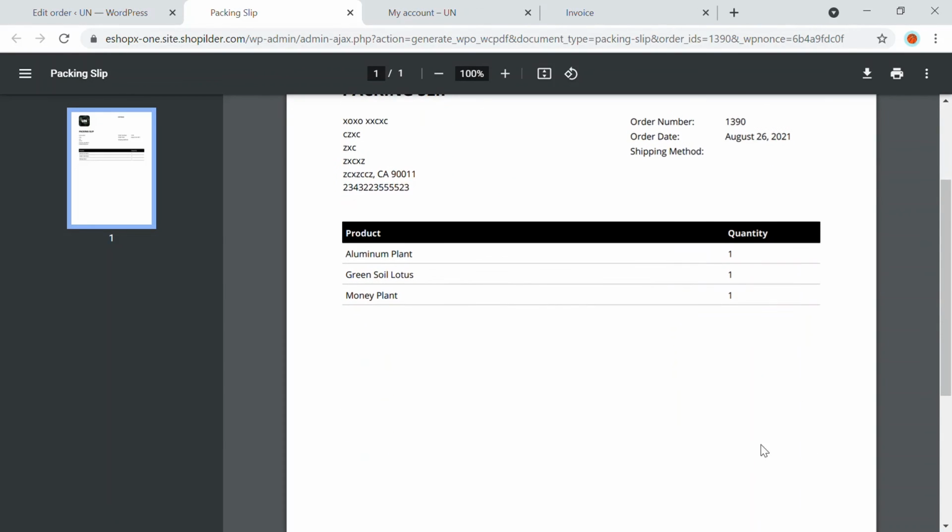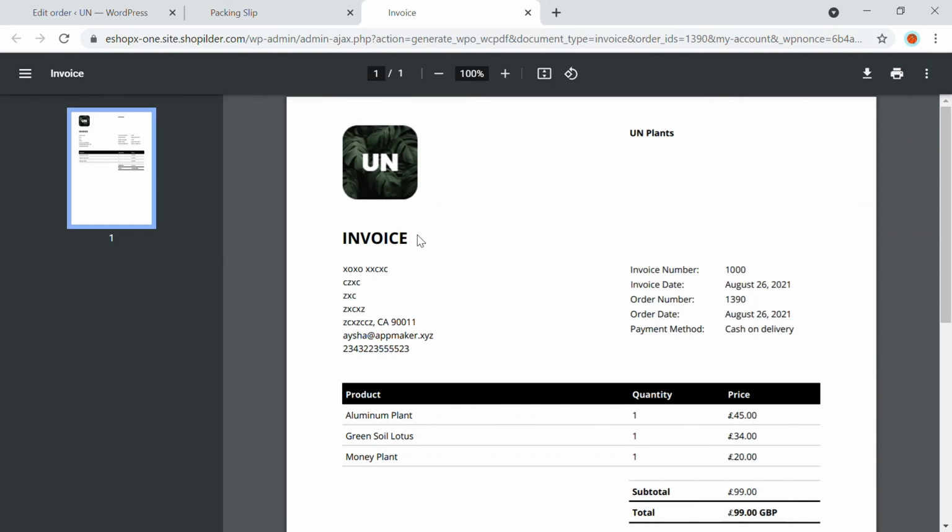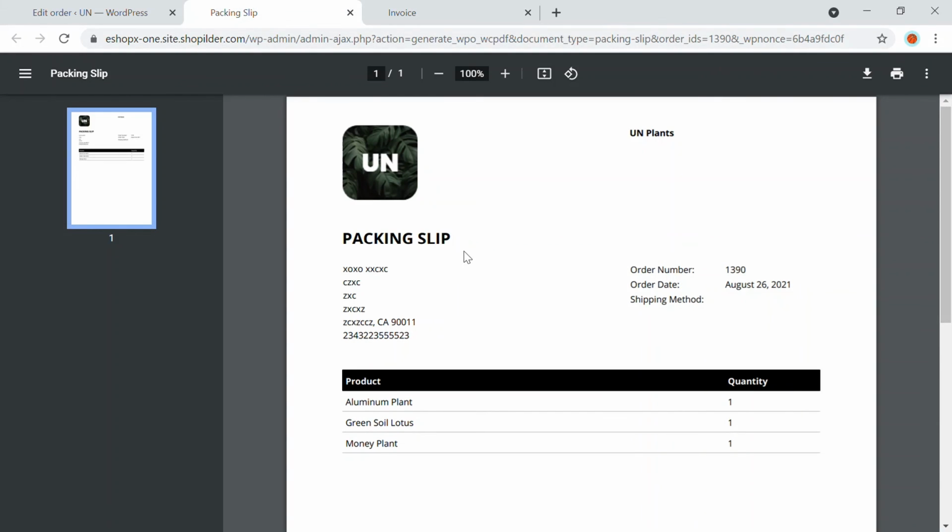Here the price and everything won't be displayed, as this will go on the package that the customer is receiving. The order number will be displayed. We hadn't clicked on the invoice number, so when you click on that, the invoice number will also be displayed. So that's how you can add an invoice for your customers, and also a packing slip for yourself. This is an easy method for creating a PDF invoice for your orders, and makes it a simple, smooth method for your customers to have it.